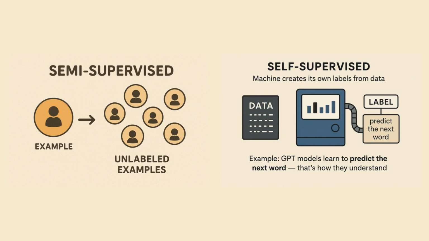Now let's look at self-supervised learning, the bridge between all three. Here, the machine creates its own labels from raw data. It doesn't need human supervision. It learns by predicting part of the data from other parts. For example, GPT models learn to predict the next word in a sentence. By doing this millions of times, they start to understand grammar, meaning, and context, all on their own. That's how modern generative